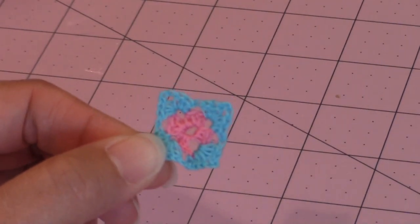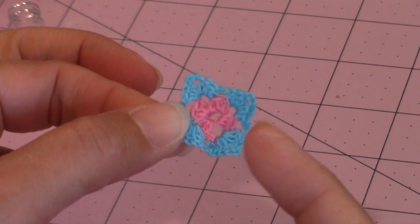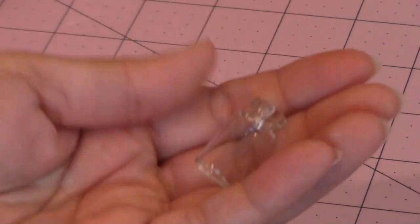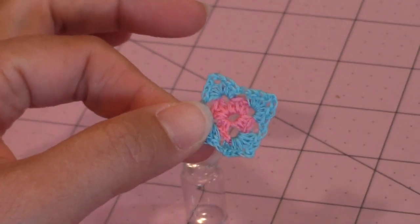So now you have your cute little granny square. I'm just going to give you the measurements of it. Mine measures approximately 2 centimeters by 2 centimeters. So then what you're going to do is get your glass jar and then take your granny square and then